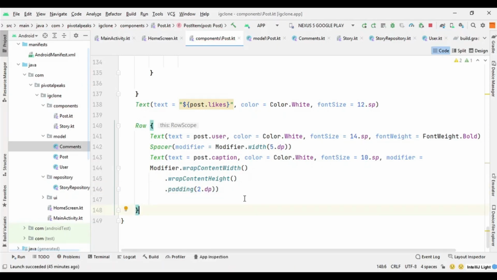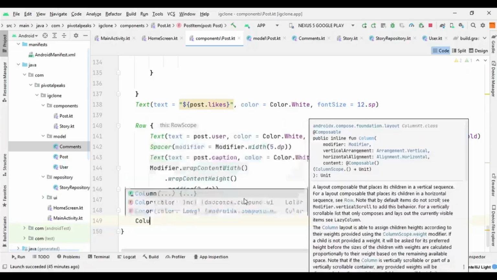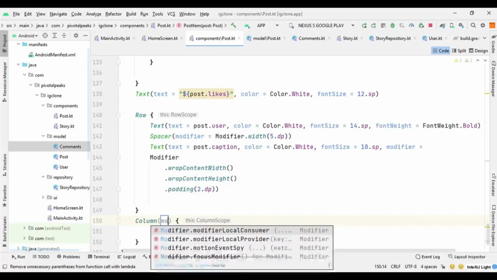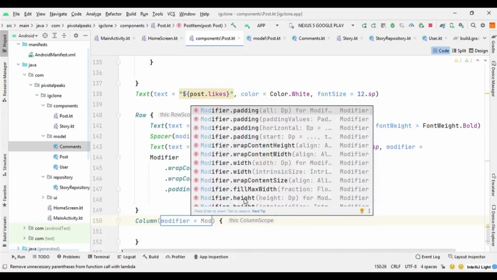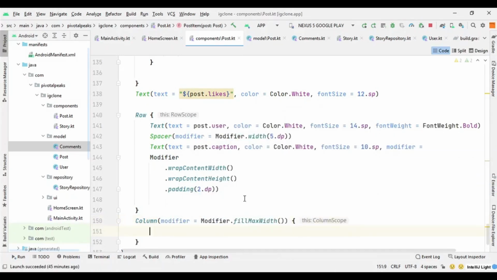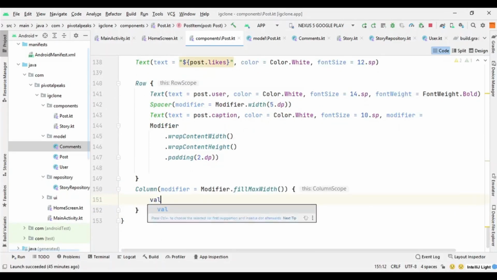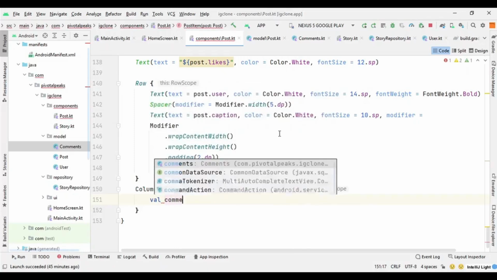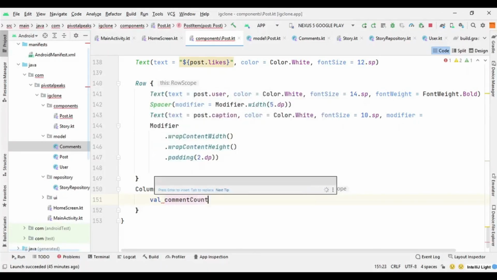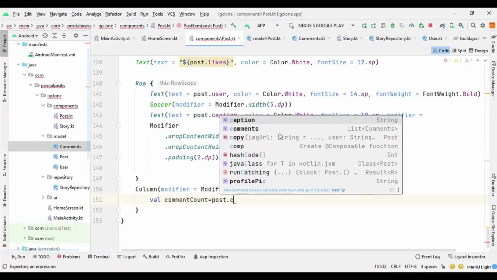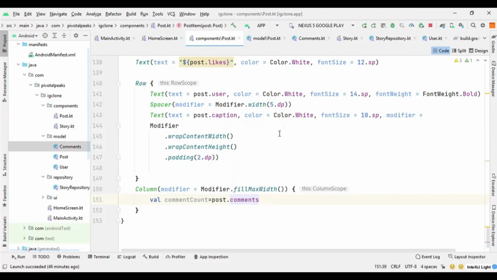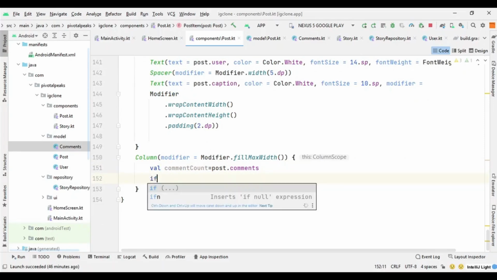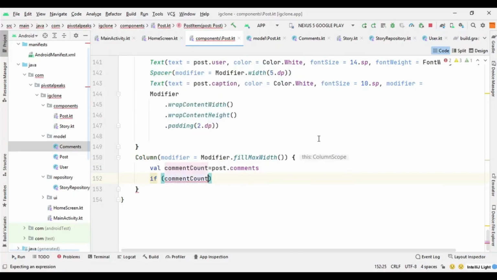Then we need to display the number of comments, so we can create another column for that, so we will say column modifier equals modifier dot fillMaxWidth, and here we need to create a value for the comment count, so we can say val commentCount equals post dot comments, so we can actually fetch the comments, and then we can create an if else statement, so we can say if commentCount dot isEmpty, then we will say